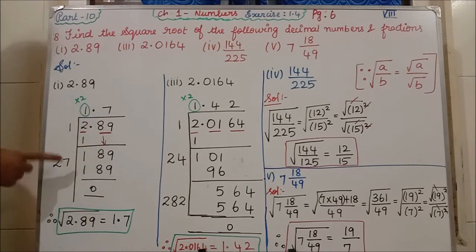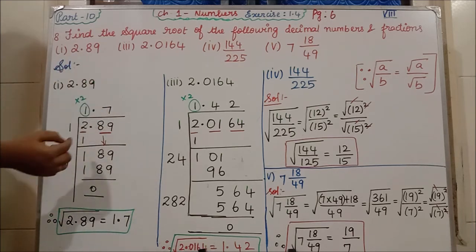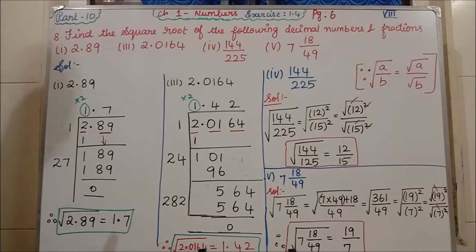The same number here also you have to write. So if I write 1, then here also I have to write 1. 1 into 21 is 21, which is very small. Then 2 into 22, that is also small. Like that you have to try for 3, 4, 5, 6, 7, 8, 9. But I told you one trick for that.